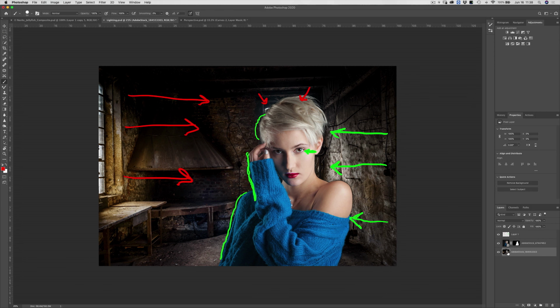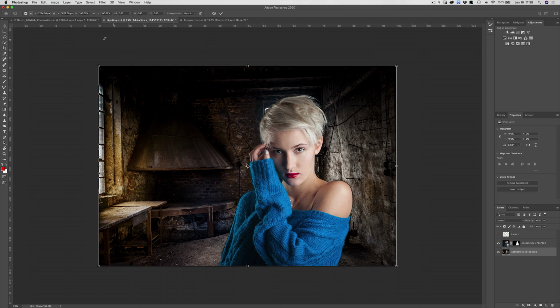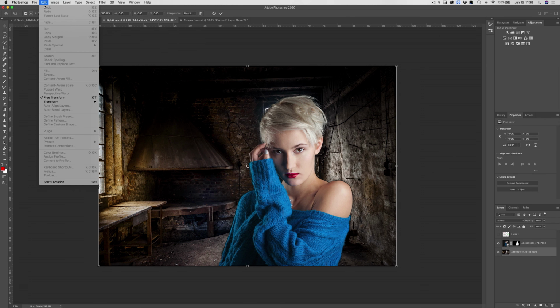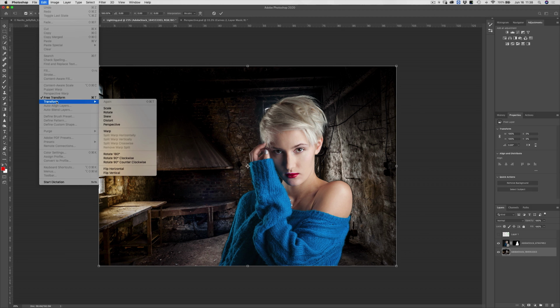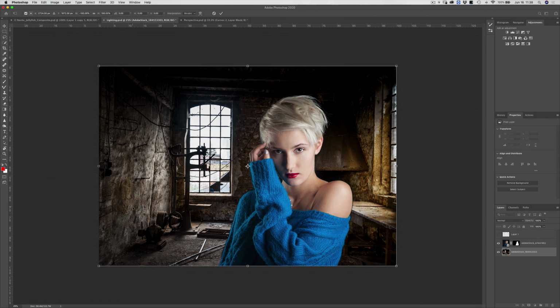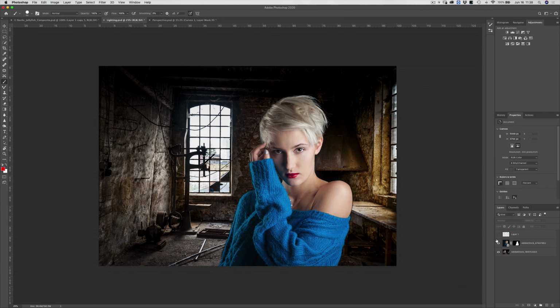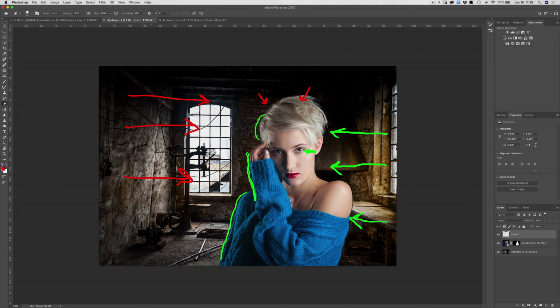We can select our background. Let's turn off our notes for a second. Let's select our background. We're going to hit Command or Control T to transform it. And then we're going to flip it horizontally. So we'll go to Edit, Transform, Flip Horizontal. So now all of a sudden, the lighting is matching a lot more. As you can see, our larger light source, so let me erase over here, erase the red with my eraser tool. Let me just erase our background lighting characteristics now.